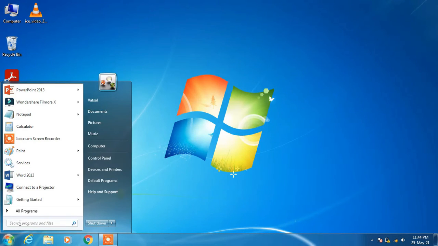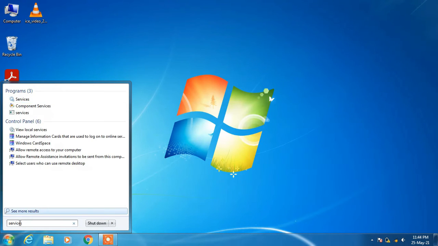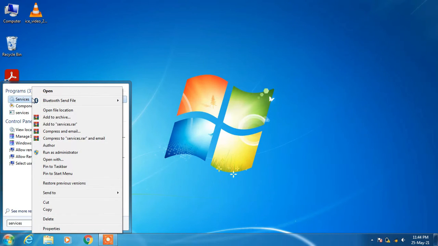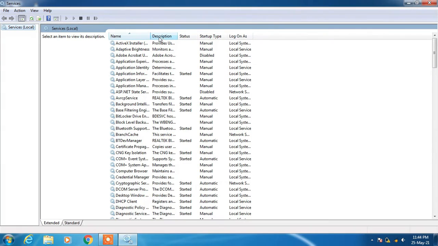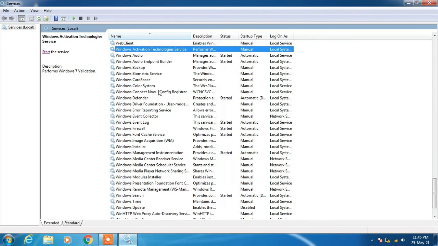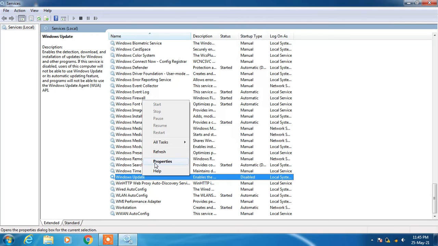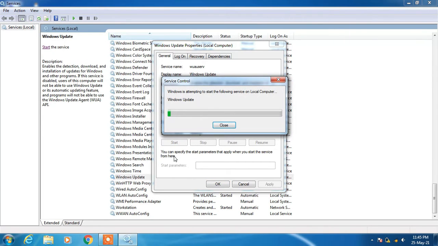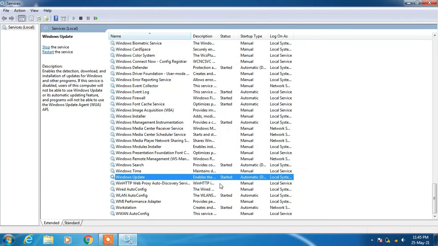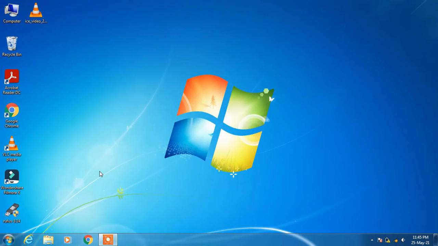So again go to search bar and type services, right click over this services, click on the option run as administrator, again search for Windows Update, right click on properties option, change the startup type from disabled to automatic, click on the apply button, click on the start button to start the service, click on the OK button. Now close this window and check whether your issue is resolved or not.